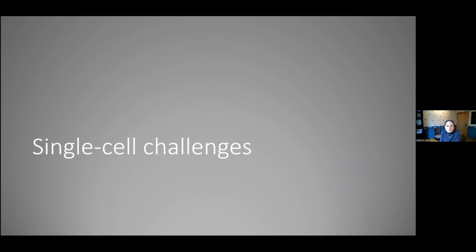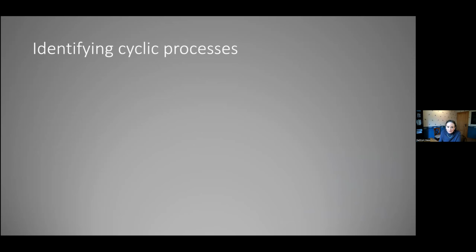Okay, so I'd like to talk to you about the kinds of challenges that we want to address with respect to single cell data and how topology and geometry, which are two kinds of mathematics one doesn't often think about in the context of cell biology, actually can play an important role in analyzing this very complex and noisy single cell data. So one of the challenges we face is being able to identify cyclic processes. So these can be processes related to returning to homeostasis. It can be the response of genes to cycling hormones, for example. And we'd like to be able to pick out these sort of cyclic processes in single cell data.